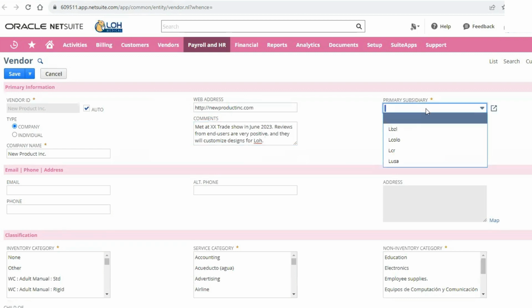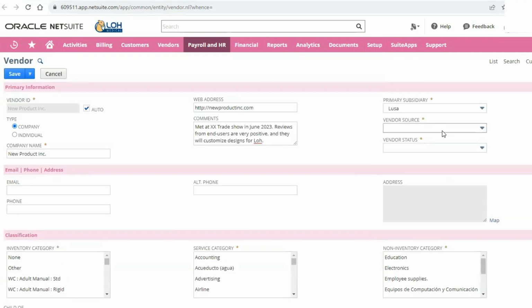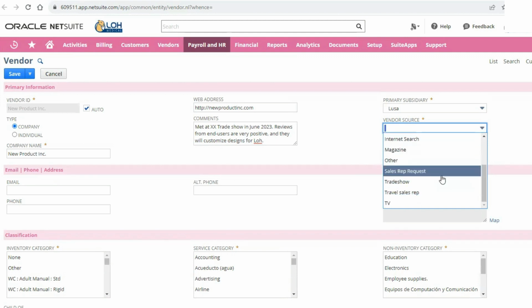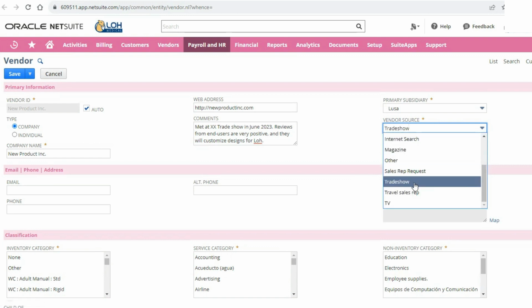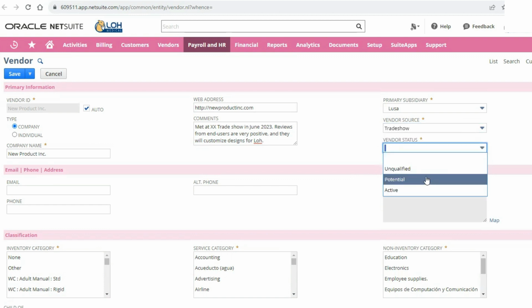So you're going to, again, select a primary subsidiary, and marketing will provide more information as to the source of a vendor, but there are not as many options. So in this case, pretty easy to choose. And then you're going to choose a status.